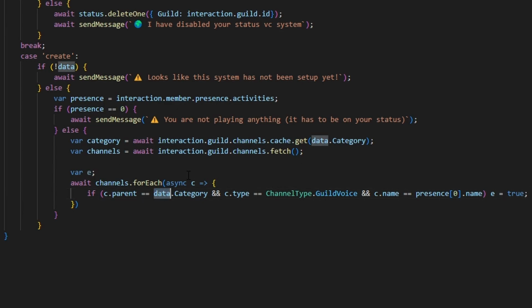And then if it is, we're going to check to make sure it's a voice channel. And then if it is, then we're going to go ahead and make sure that the member's presence is the name. And if all of that's true, we're going to set e to true. And the reason is because if all of this is true, then it means a voice channel for that exact status already exists. So that means we just go ahead and do if e, then we can return await send message,